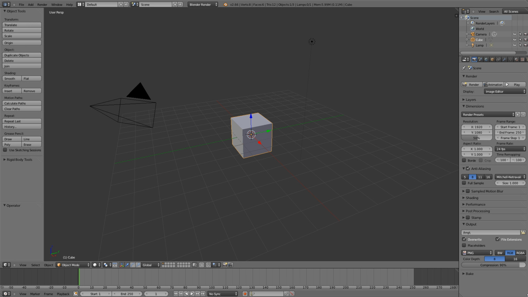In this tutorial, we're going to be looking at how to sculpt in Blender. We're going to be looking at the different methods of sculpting and the different tools used in sculpting. So let's get started. Sculpting has a lot more freedom than modeling because in modeling you have to worry about